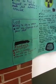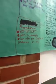The cost: it's cheap to dig up the uranium, and it's not very expensive to build a power plant compared to the hydropower dam. The abundancy: it will run out because it's non-renewable, but we can also use thorium, plutonium, tritium, and deuterium